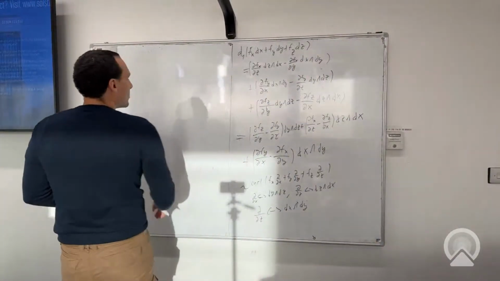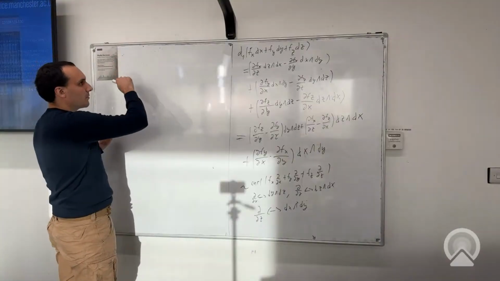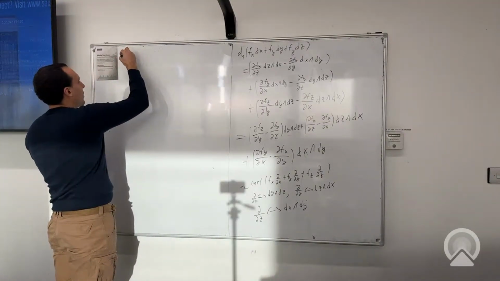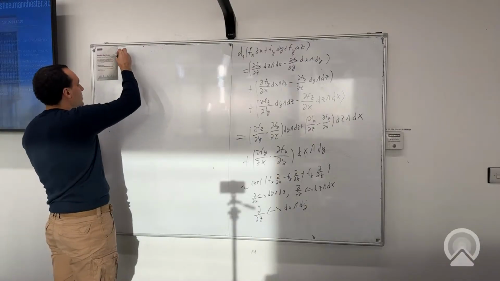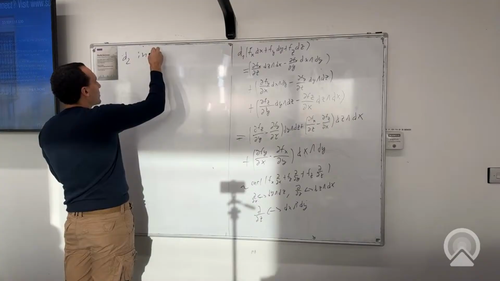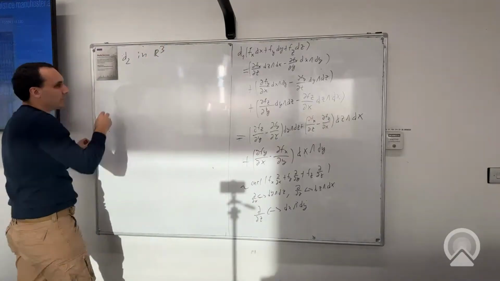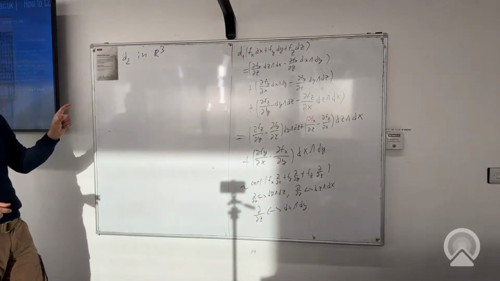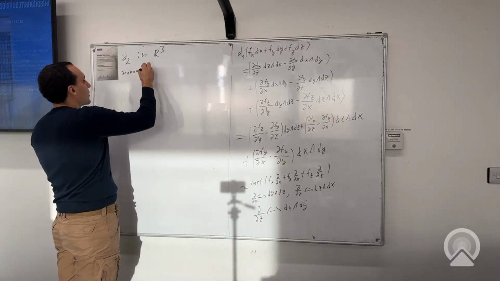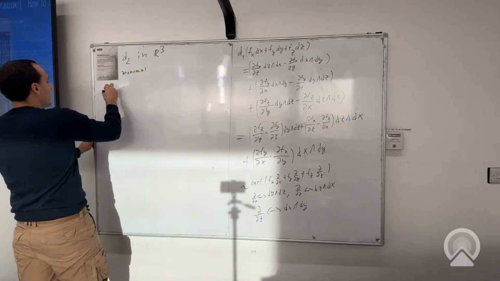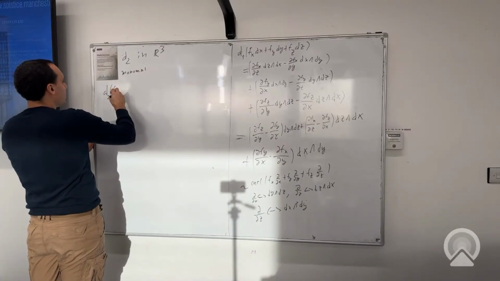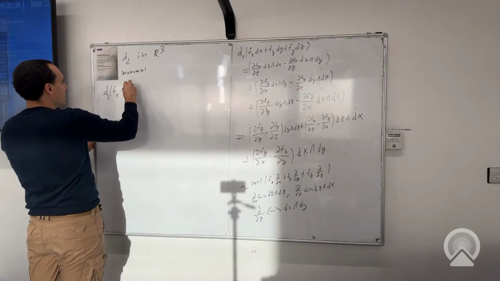And now let's do it for d2 in R3. So first fix a simple monomial. So for a monomial, for example, d2 of f x dy dz